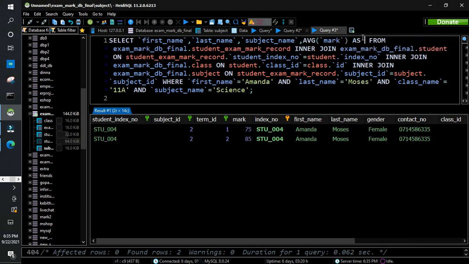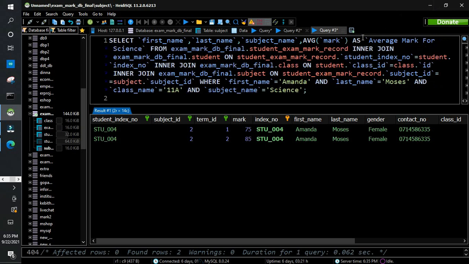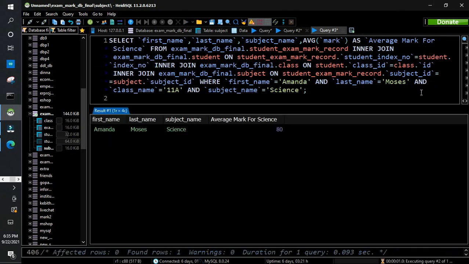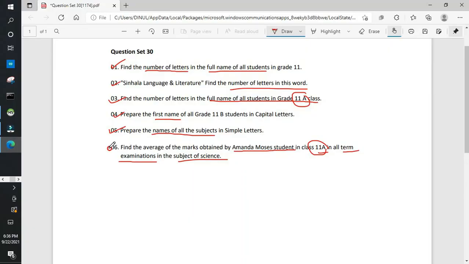So I must write here as the answer column, average mark for science. Okay. So my last answer is first name Amanda, last name Moses, subject name science, and the average mark for science for both the terms is 80. Okay. So that's the end of the last question, and that's also the end of question number 30.